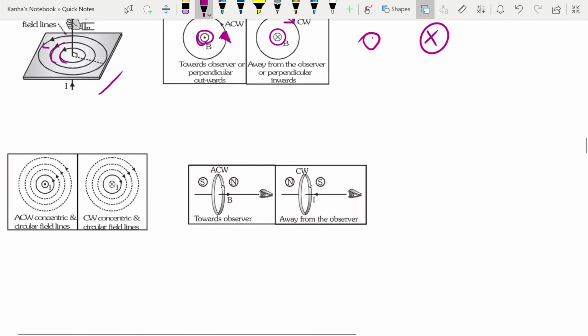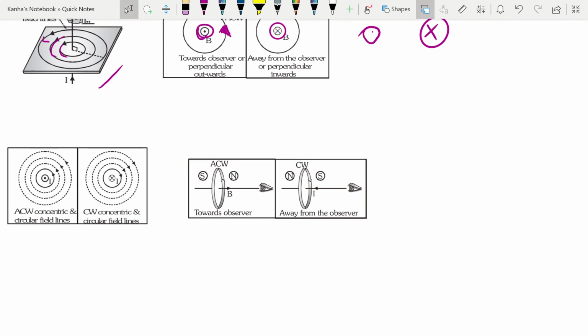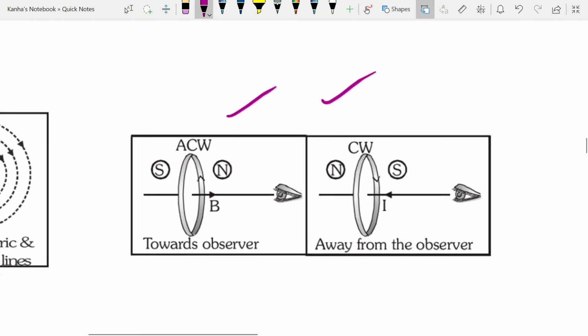You can draw these things; I have drawn these again. So a wire is placed perpendicular to the plane of the paper here. Okay. So what you see is, when the current is going in the left side, you have field lines coming up. Similarly, when the current is going in clockwise direction, you have the field lines going down, or the magnetic field pointing in the downward direction. You can also note what this means in terms of the observer, because here I told you that we are the observers. So I'll just zoom this in.